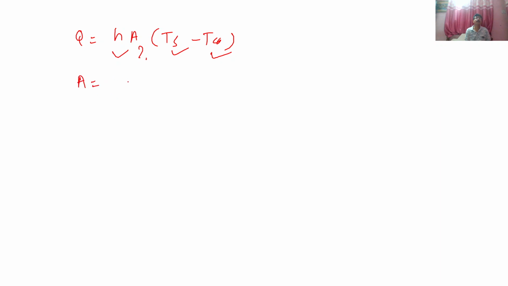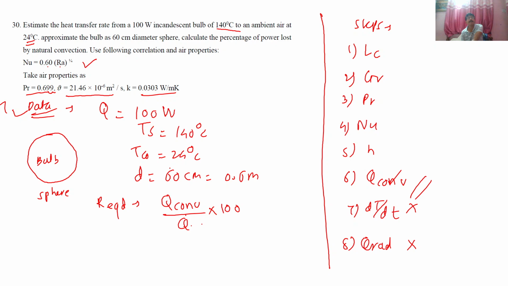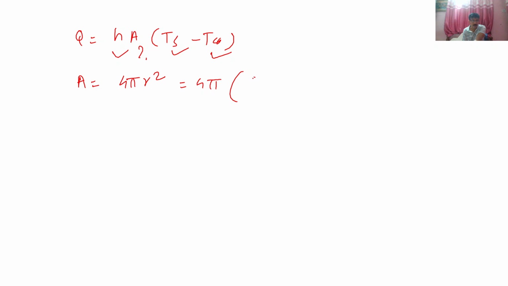What is the area of a sphere, students? 4 pi r squared. So what is r? d/2. Diameter divided by 2. What is the diameter? 0.6. So 0.6 divided by 2 is the radius, and then its square. So if I solve it, the answer comes around,